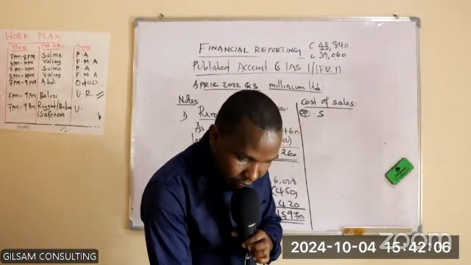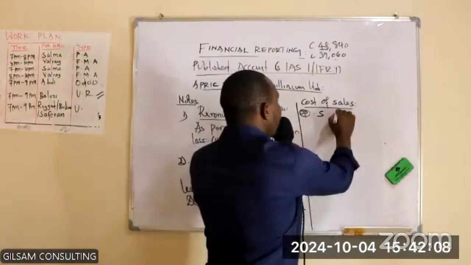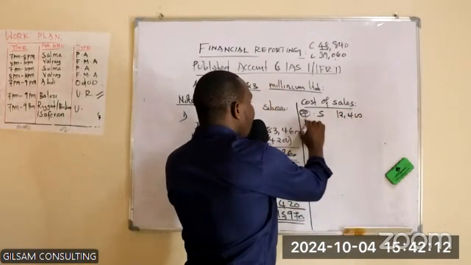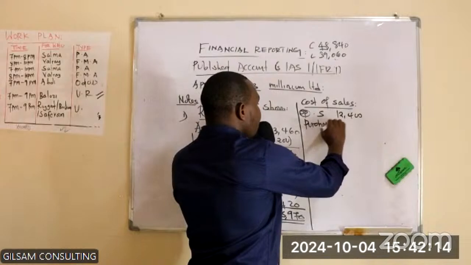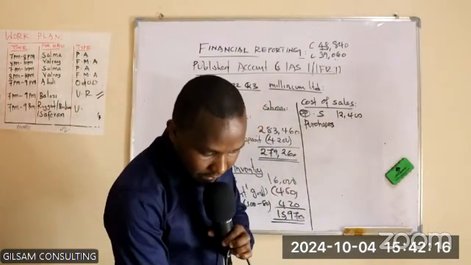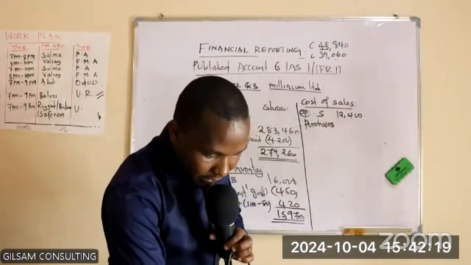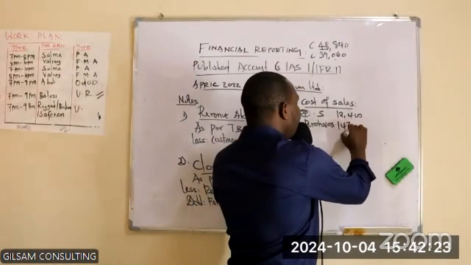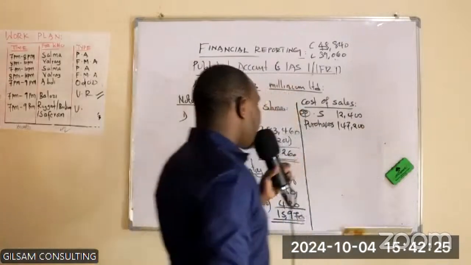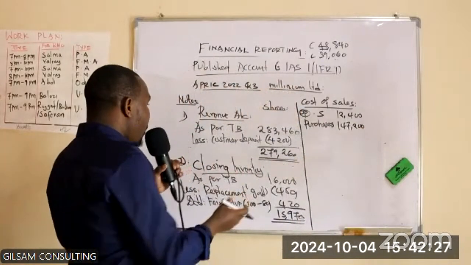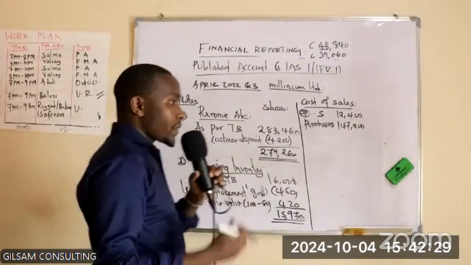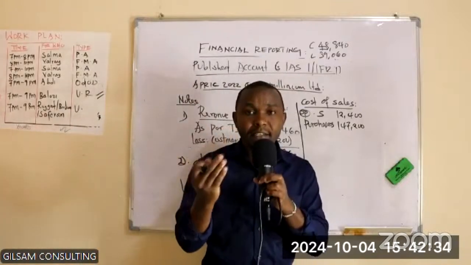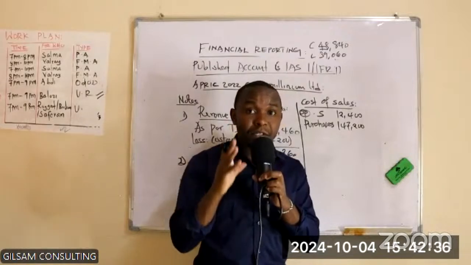Inventory as at 1st July 2020 of 12,400. We add the purchases, which, looking at the trial balance, I can see are 147,200, before we less the closing stock. Remember, this is the published account, and in most cases, even when you are preparing the published account, a good